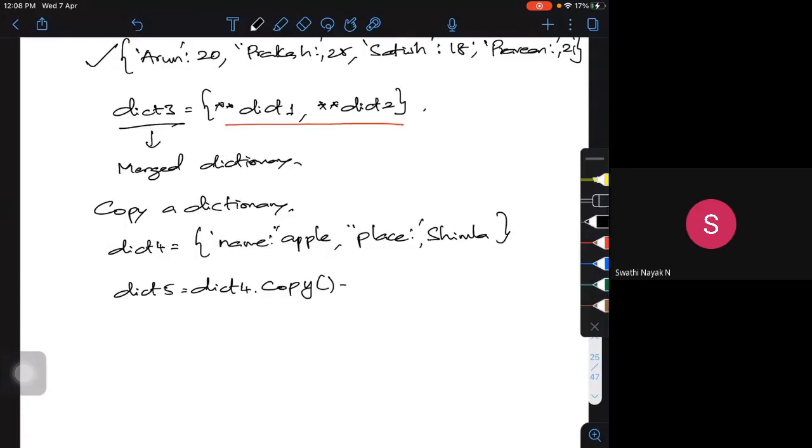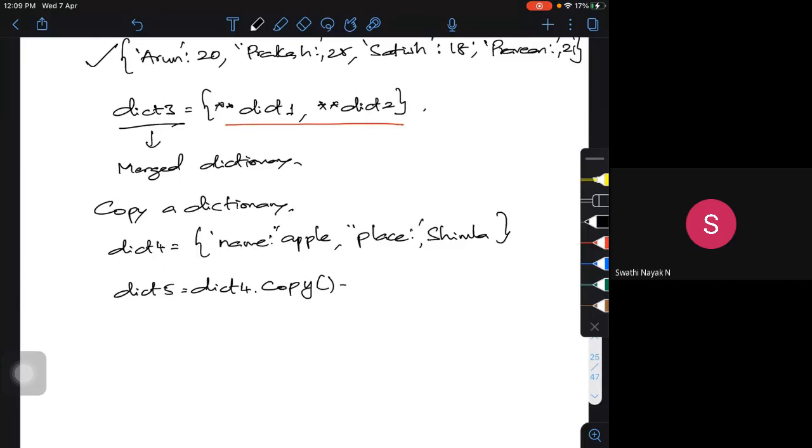Then, is it possible for us to have a nested dictionary, that is, one inside the other? Say for example, this kind of situation may come. I want to know the details of a particular person: his name, his mobile number, his address, the company he is working for, which state he belongs to, and which city he is staying in right now.